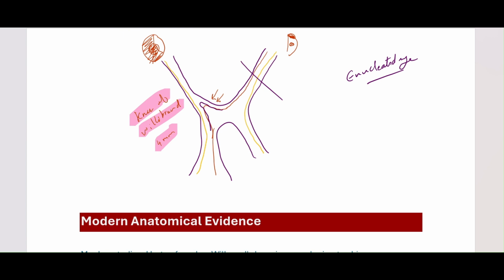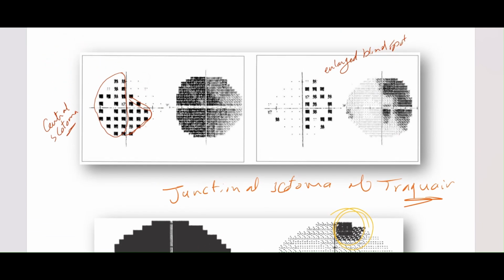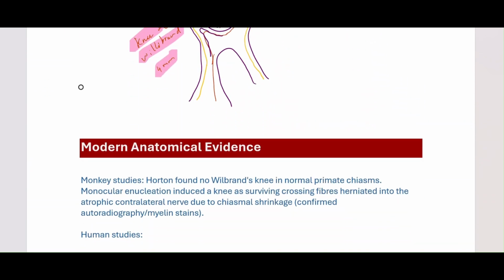However, there are anatomical variations, and these are well proved. So junctional scotoma of Traquair is something that's well established. If we continue with the anatomical